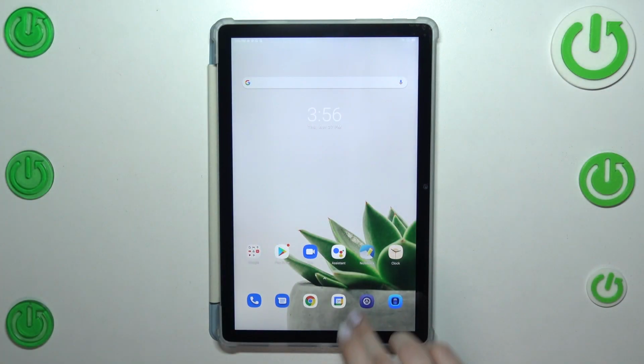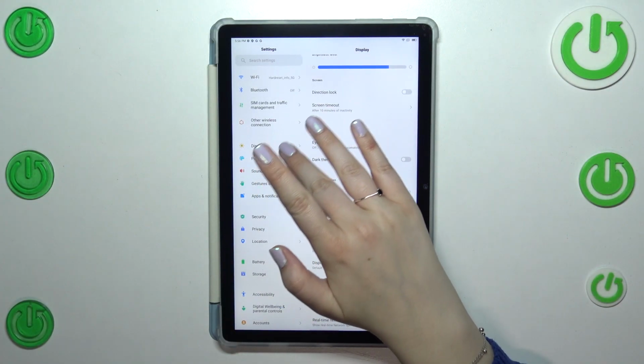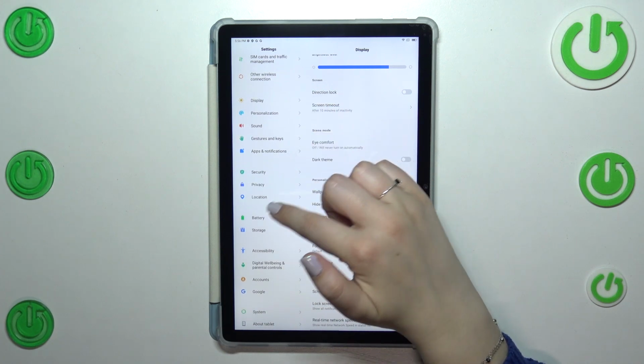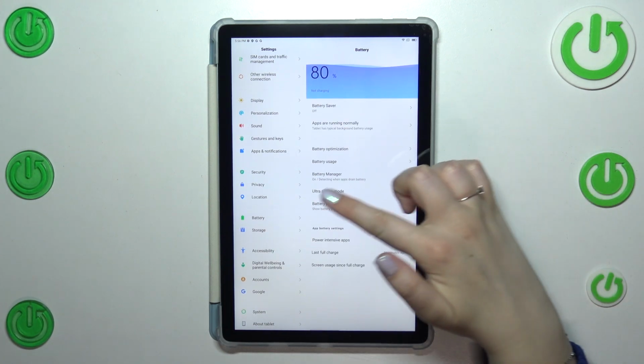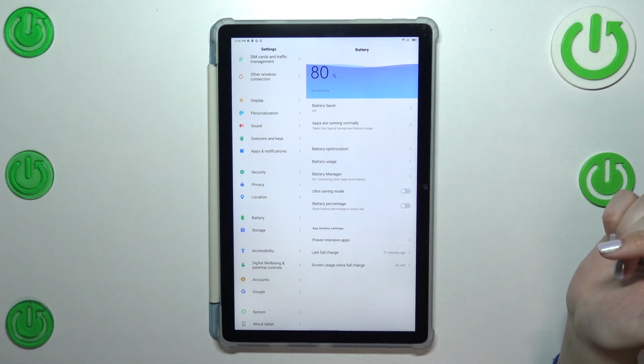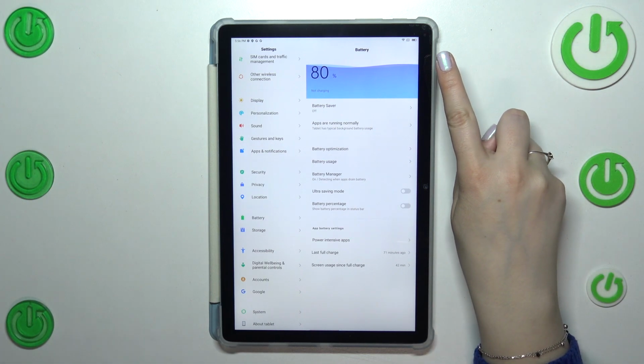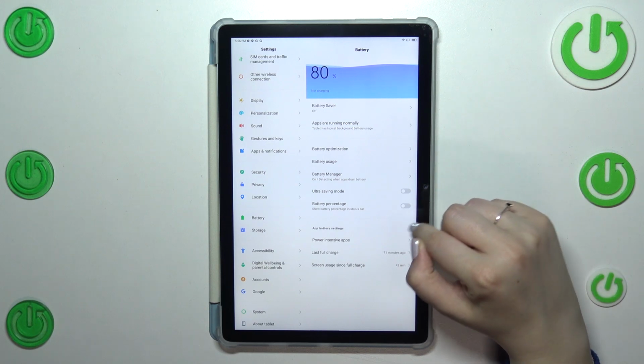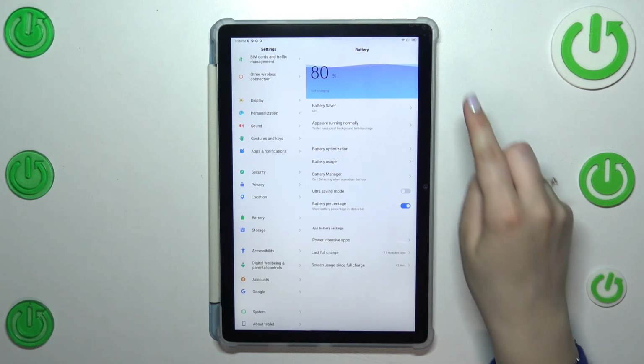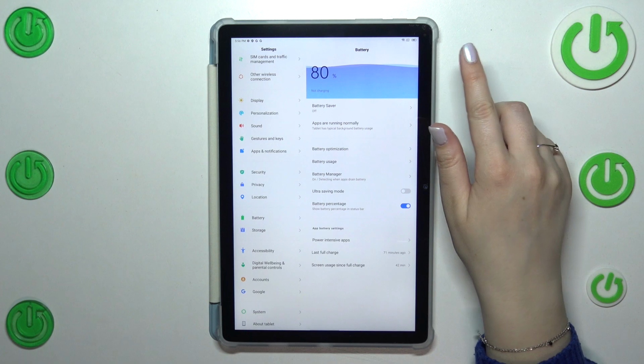So first of all we have to enter the settings and then let's scroll down in order to find the battery. Let's tap on it. And as you can see right here we've got the battery percentage option, so if you've got only the battery indicator just like I have, turning on this option will show the exact percentage of the usage of the battery